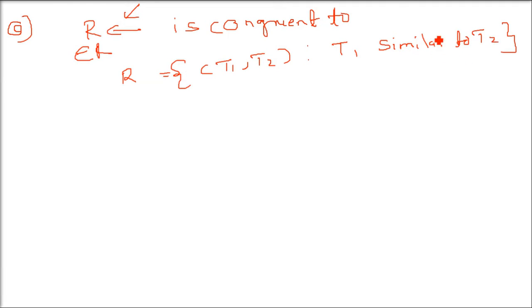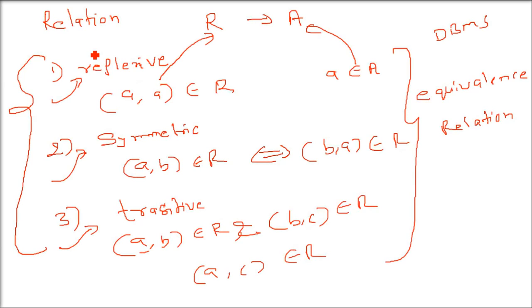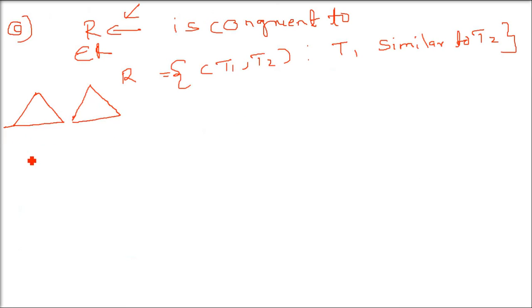For that, we have to prove that it is reflexive, symmetric and transitive. So two triangles, we are talking about multiple triangles in a set. And these triangles, if we take two of them, they have some relation. And if the relation is symmetric, reflexive and transitive, then we call this particular relation, which says that (T1, T2) when T1 is similar to T2 or T1 is congruent to T2, an equivalence relation.